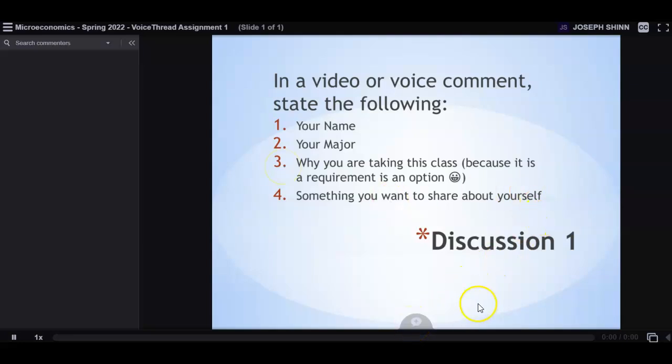To make the comment, you click on the little plus sign down here, and you determine if you want to do the voice one or the video one. You can call in as well, although I've never done that. Then you'll record it. You'll be given the option to save it, and that's it. Then everyone will pop up over here. You'll be able to go through, listen, and then directly respond to one of them.